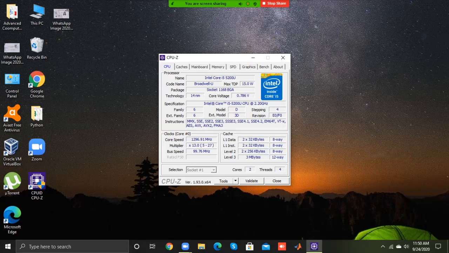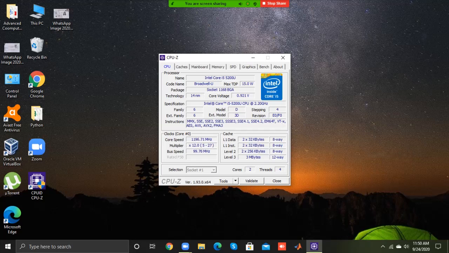Package shows the name of the motherboard socket your computer is designed to fit in. This means I use socket 1168 BGA. Technology shows the processing geometry used to create the processor.